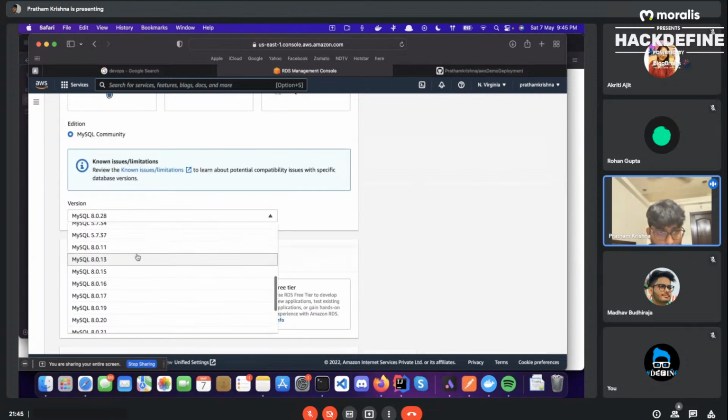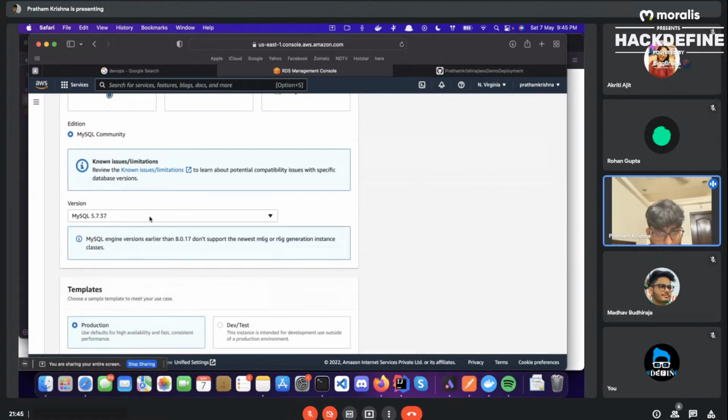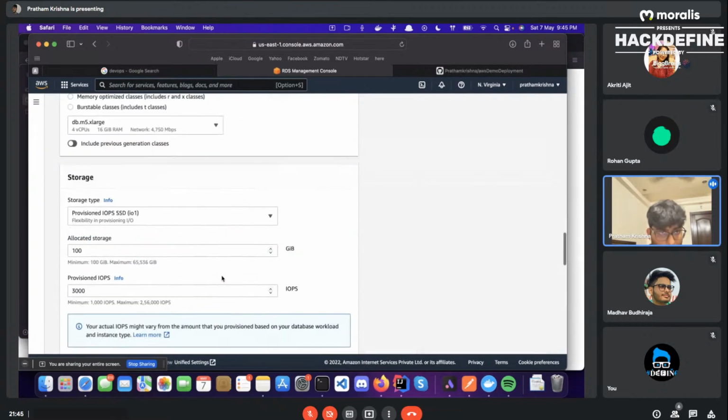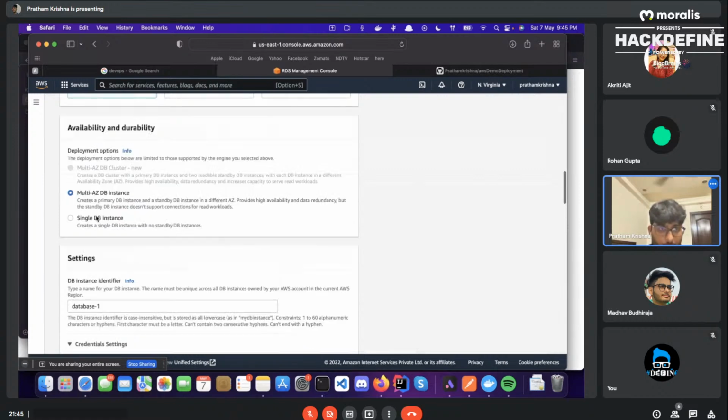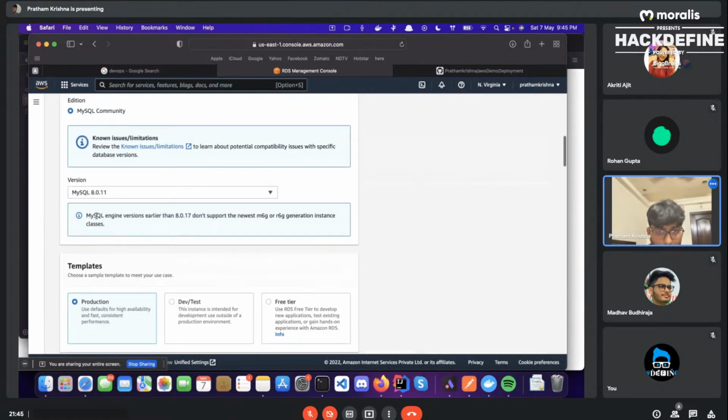Let's pick an older version because that is actually free. So coming back, we have the free tier. We have a couple of options here: production, dev/test, and free tier. With production, you get very high speed connectivity to the database. With dev or test servers, you get decent latency, whereas with free tier, you're going to get the worst of all. So it's up to you, or whatever use case you have.